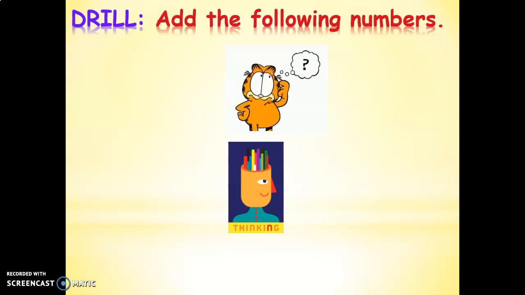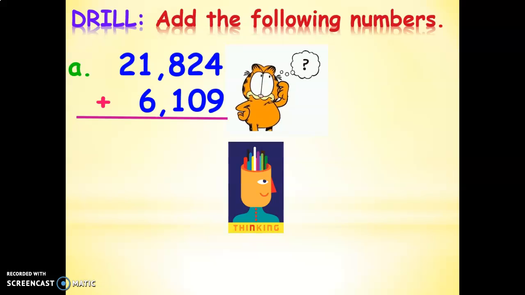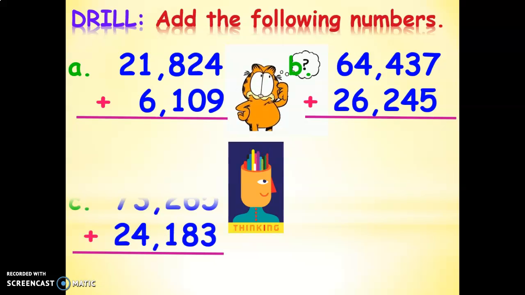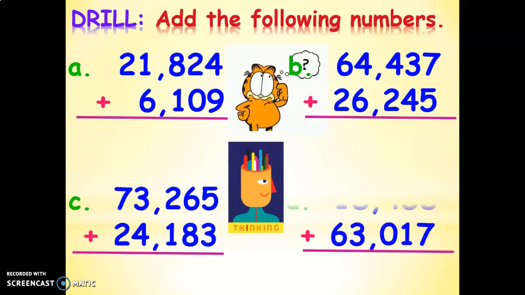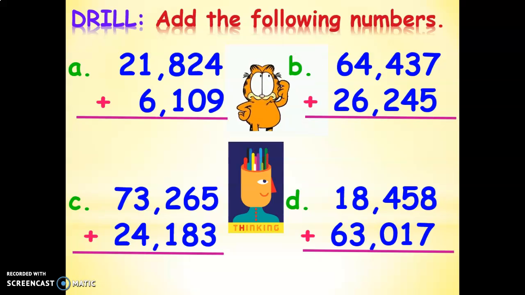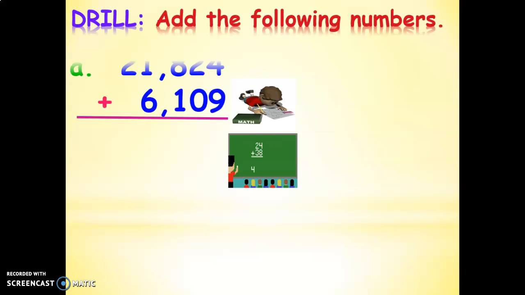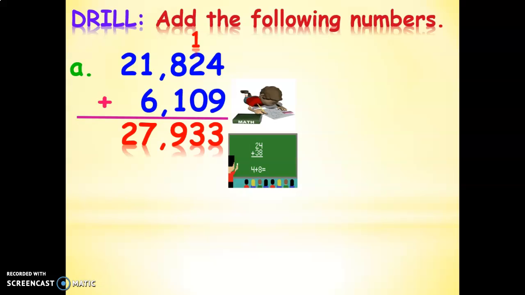Now, if you do understand addition with regrouping, try to answer this drill. Add the following numbers. Think of the answer for letter A, for letter B, for letter C, and then for letter D. Remember to follow the steps that we were able to study. Now, if you are finished, we can now see the correct answers. So what could be the correct answer for letter A? For letter A, the correct answer is